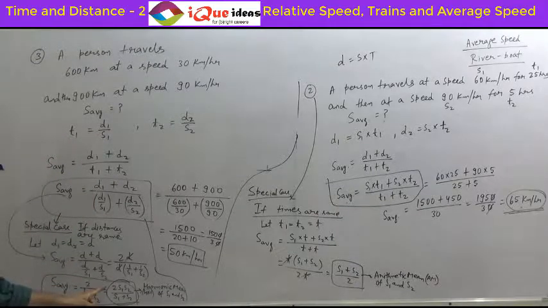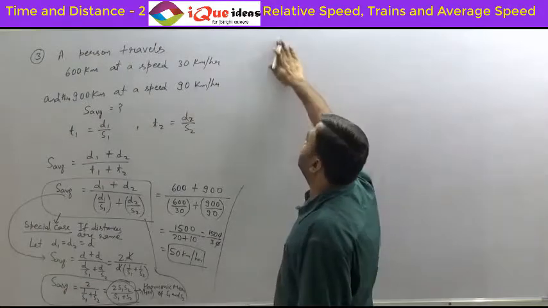Now just understand one more thing. If there are two parts, then this is the expression that has to be there. If there are three parts, then it will not be 2 s1 s2 s3 upon s1 plus s2 plus s3. It will be 3 upon 1 upon s1 plus 1 upon s2 plus 1 upon s3. If there are four parts, then it will be 4 upon 1 upon s1 plus 1 upon s2 plus 1 upon s3 plus 1 upon s4. So from there you will have to solve. So I'll just continue with the